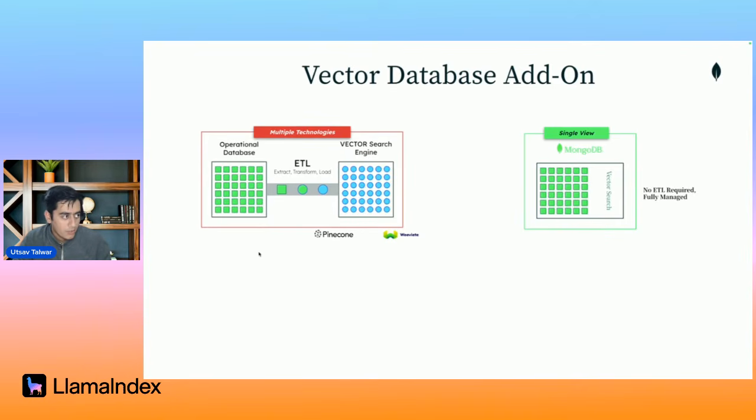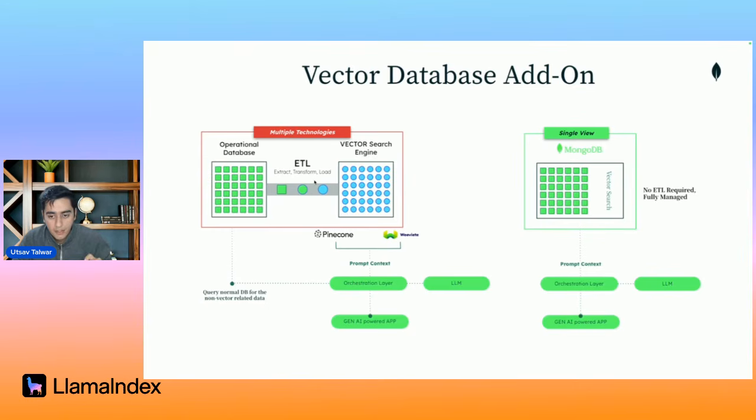Say for example, you already have an operational database, say MySQL or Aurora or Postgres, whatever, but you want to add vector searching capability on top of it. How you will do it is that you might go to some other tools like Pinecone, Weaviate, or any other popular vector embedding databases. They will not be working together with the operational database, but will be an addition to your complete tech stack, right? And what happens here is you will have to do an ETL pipeline in between,